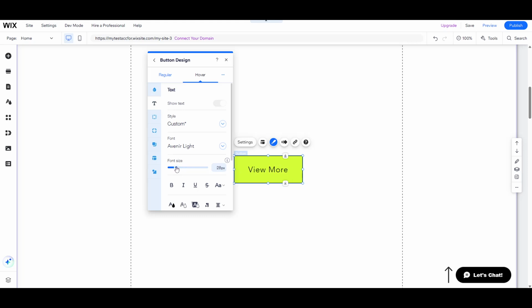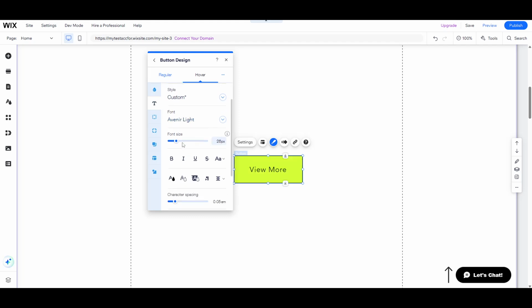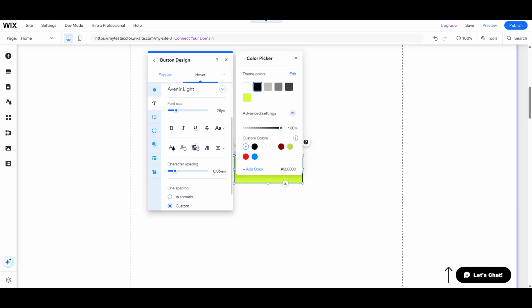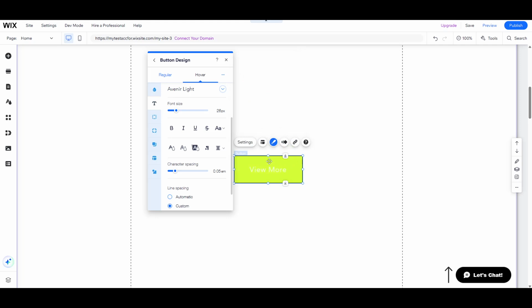Similarly, explore modifying the button's border. A thicker border or color change on hover can subtly guide users' attention to a call to action. Additionally, consider the shadow options. Adding or adjusting the shadow can make your button appear to lift off the page, providing a 3D effect that